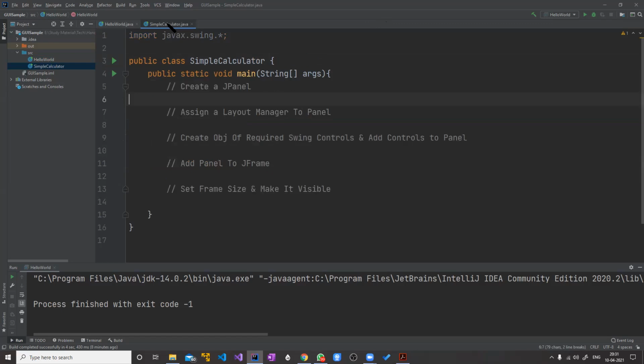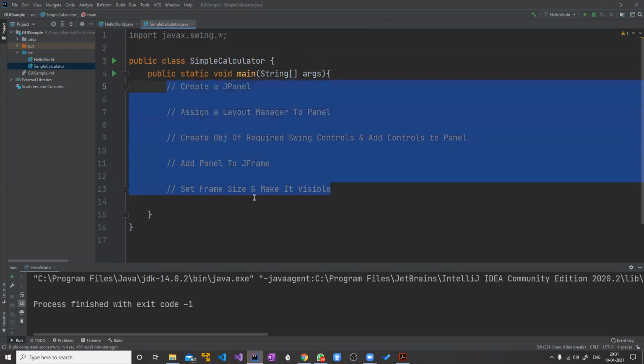So we have actually done only these two things in the previous program: we created a JFrame, set its size and made it visible. That's all. But now we said that we are going to follow this procedure. These are called the best practices, right? This is the way you should write a program.